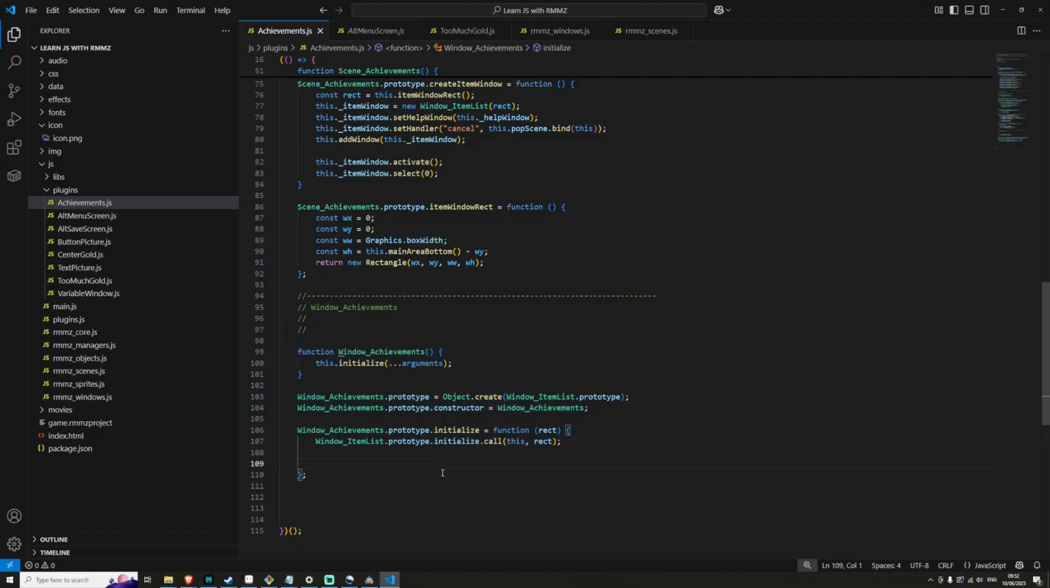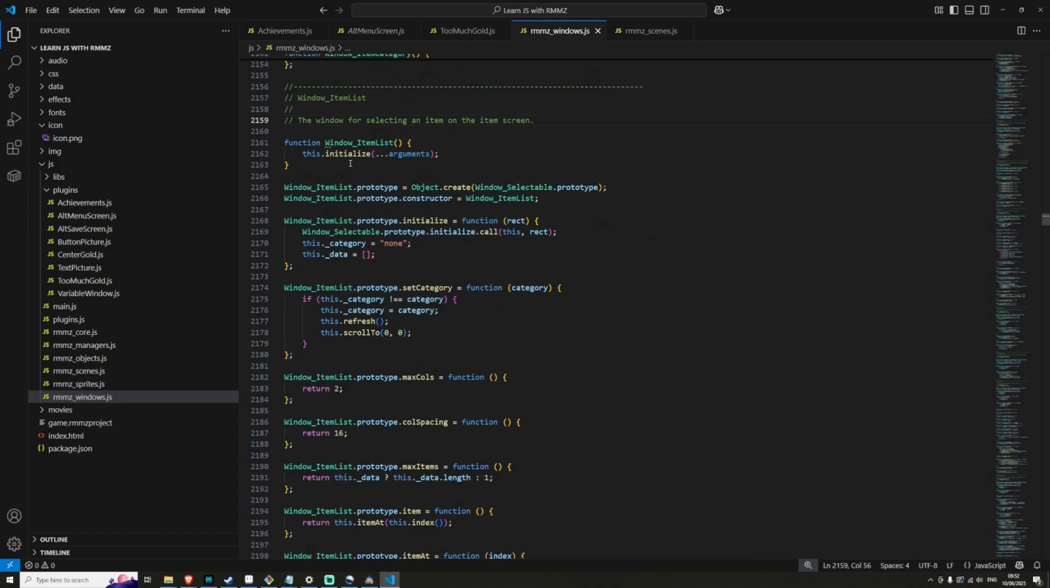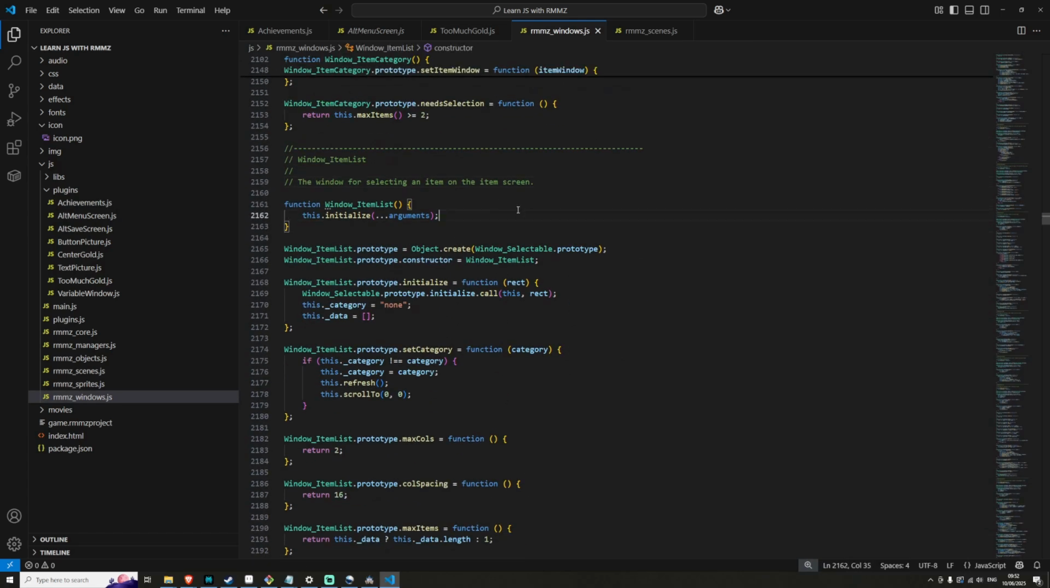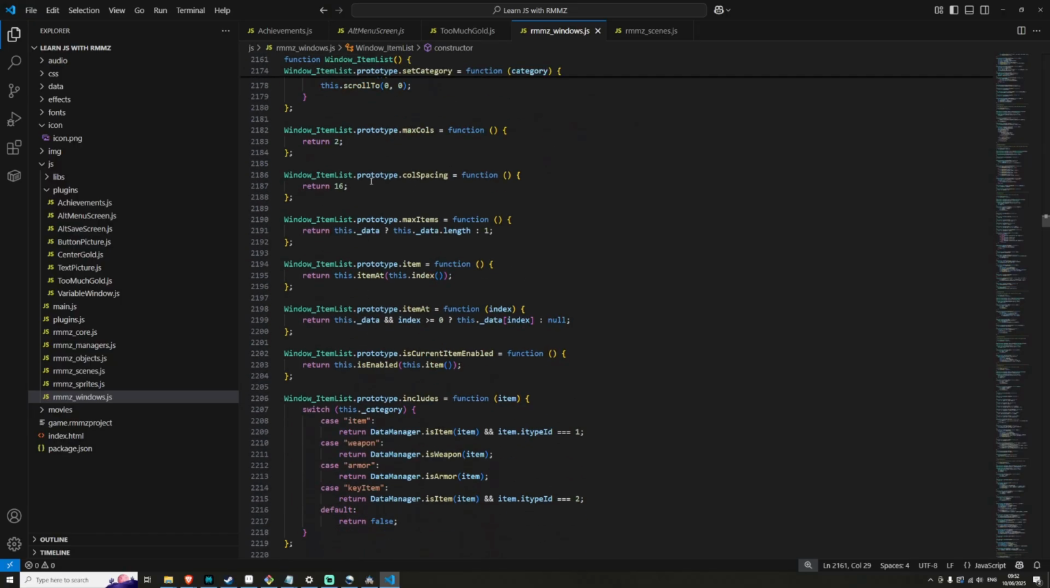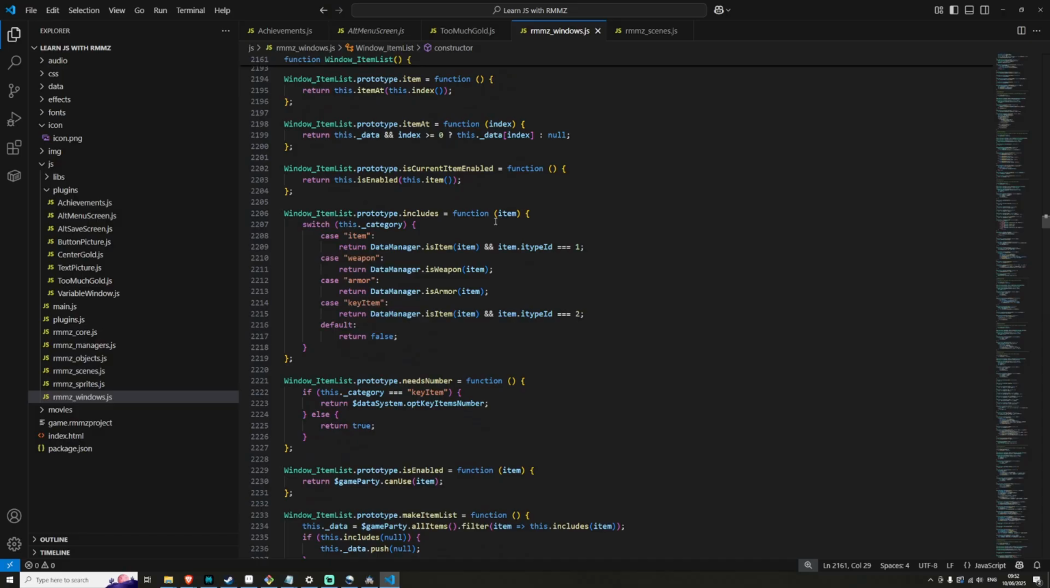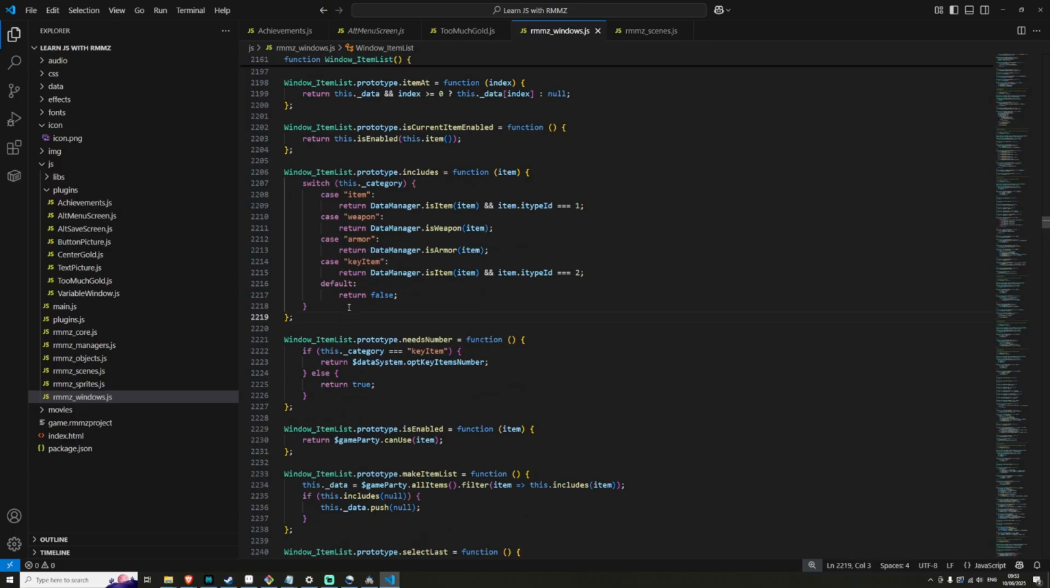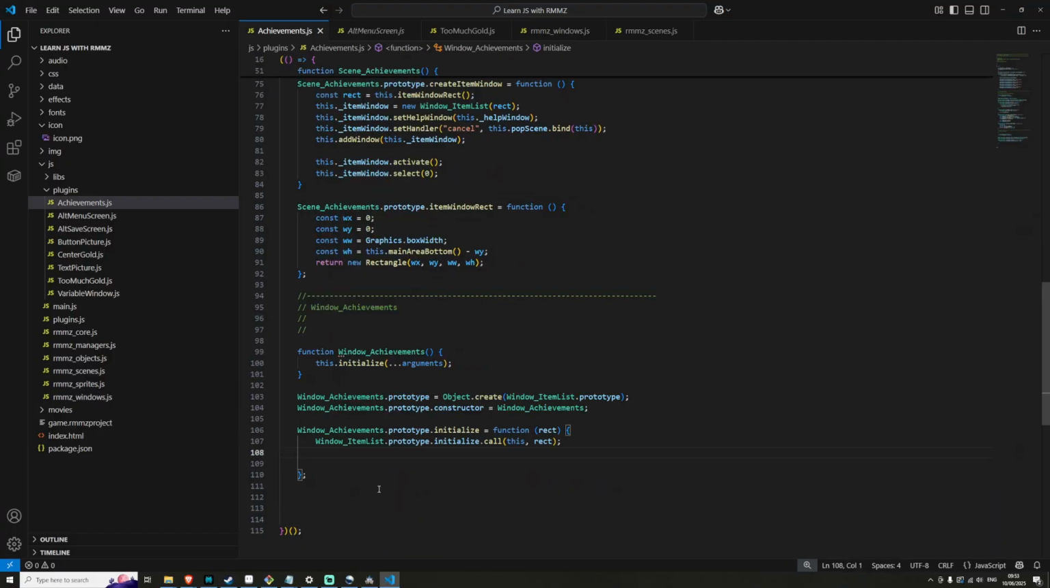So what's the problem with the window achievements then? What's the problem we need to fix? Well, it doesn't display the data we want it to right now. And that's because of a few reasons. If we scroll down, we can try and figure out. Includes is an important one. This is essentially you pass in some kind of item, and this decides whether or not it should be included in the list. So that's probably required. Let's paste that over